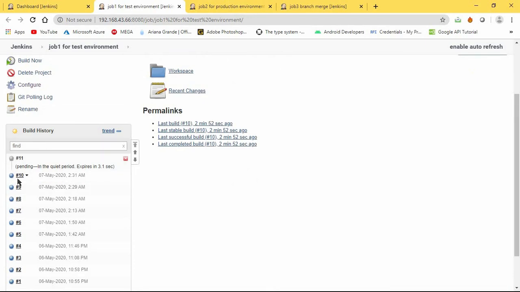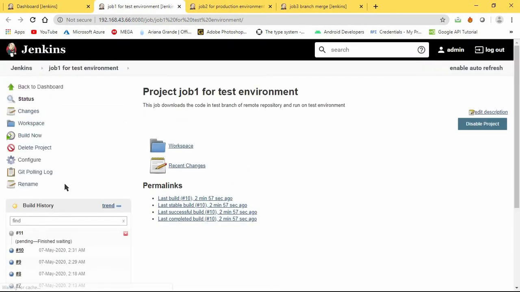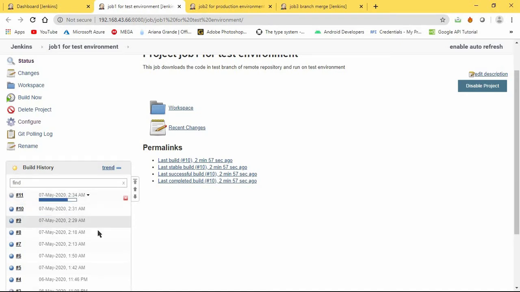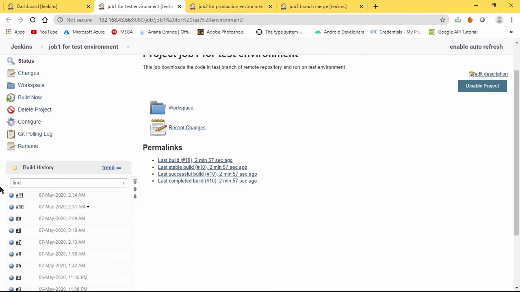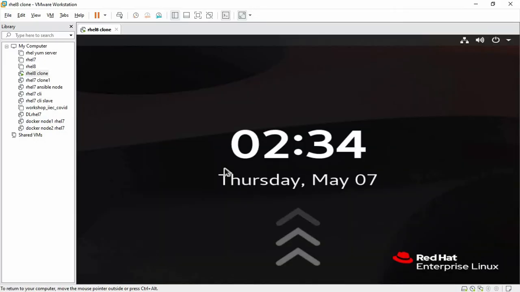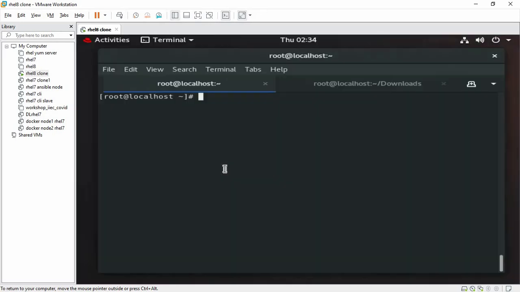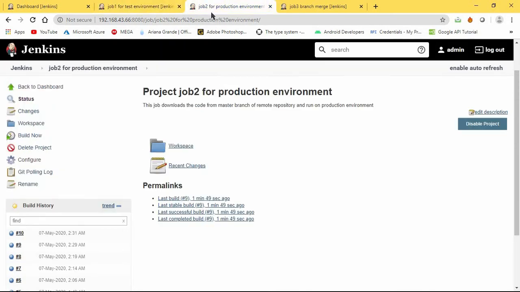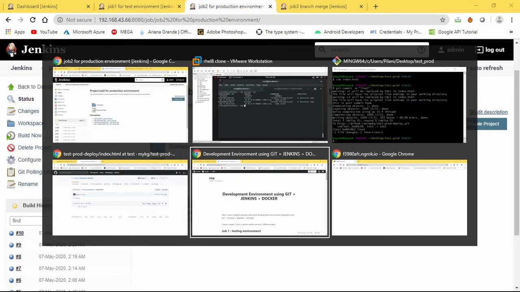As you can see here, task 11 is pending, so let's wait while it gets completed. So task 11 is being completed. This means that if I do docker ps, it is showing me web test. Okay, so and if I go for